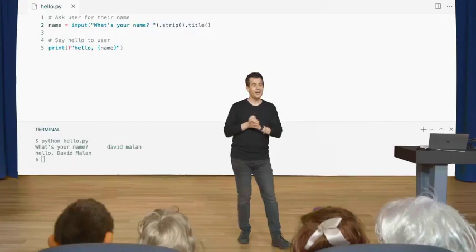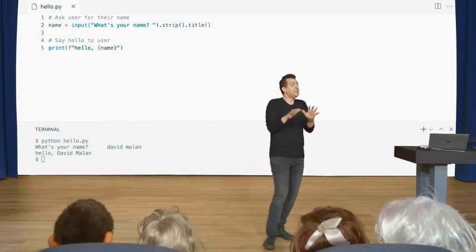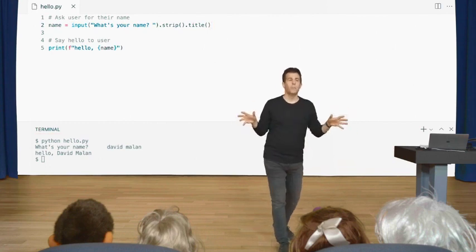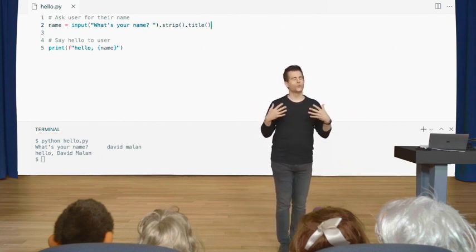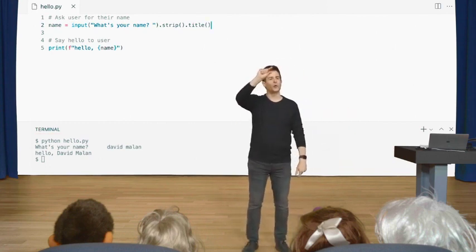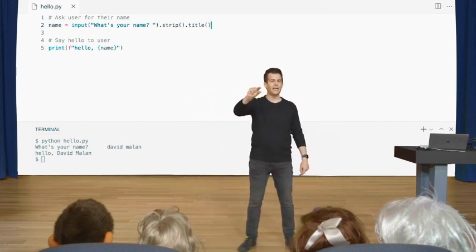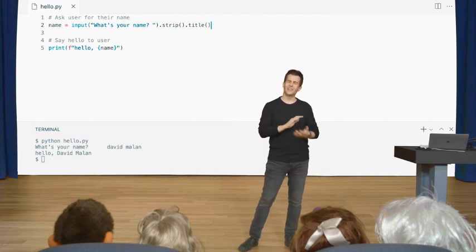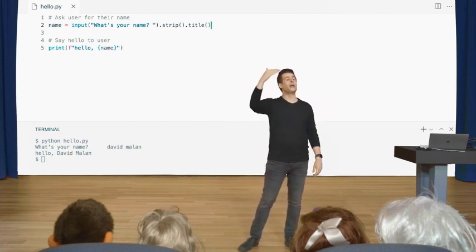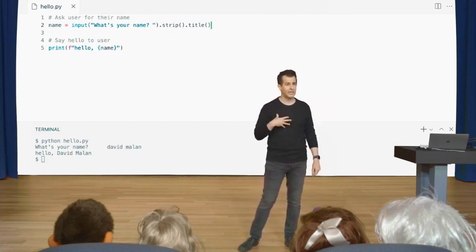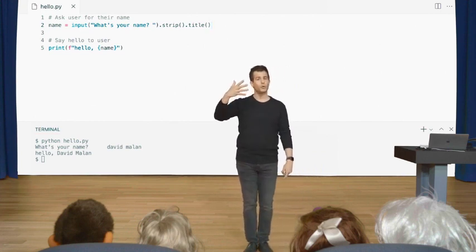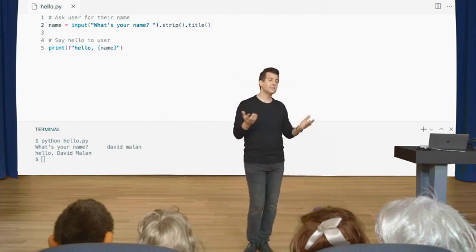How many functions can we combine like this, dot strip, dot title? Yeah, a really good question. Technically, as many as you want. But at some point, your code's going to start to look really, really bad, right? Because the line of code is going to get really, really long. It's eventually going to maybe wrap around again and again. So at some point, you just kind of say like, that's too many. And you start breaking it up into multiple lines like I did, maybe reassigning the value to the variable as needed. And this is actually a good question.